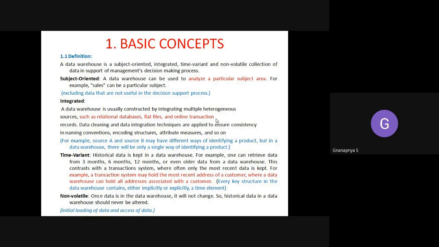And your third point is time variant. Time variant in the sense, in case of a database, we can take data only up to a specified period of time. So if we see the transaction log, we'll have data related to some few months back. That's it. We cannot take the transaction details which we had done during our account opening days. Only recent data will be owned by the database. Whereas a warehouse can maintain